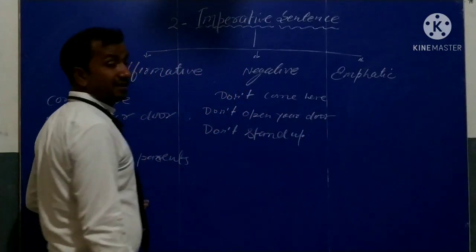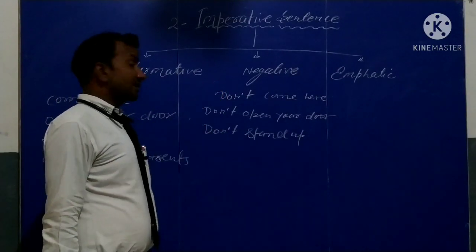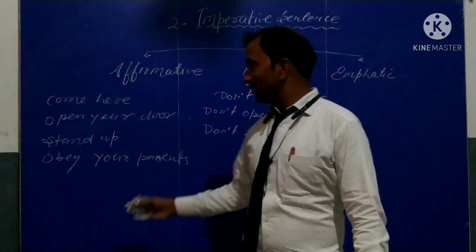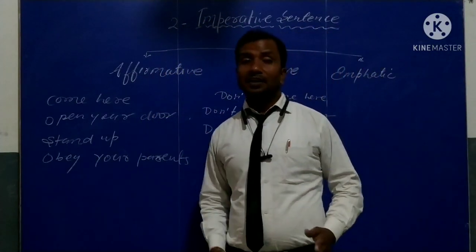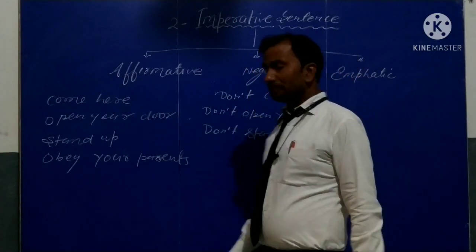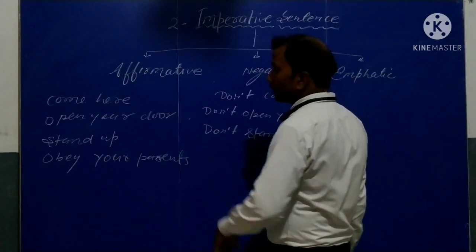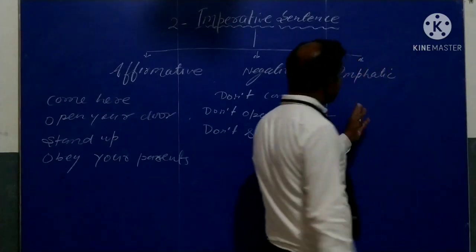And here, this is not right to form a negative sentence that don't obey your parents. This sentence will not suit you. Just write some other negative. Means how can you write that? आप अपने parents का respect ना करो. So make some other negative. And if you want to make this sentence negative, then don't disobey your parents. So simple.